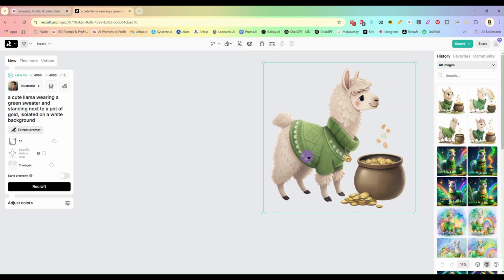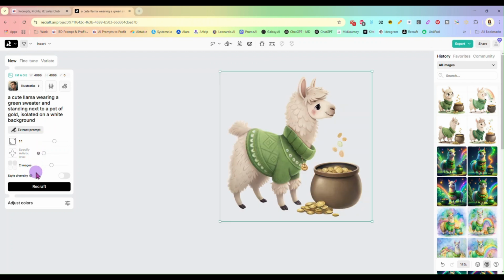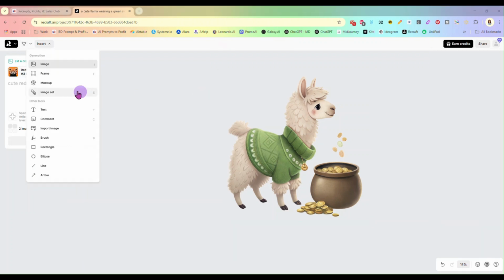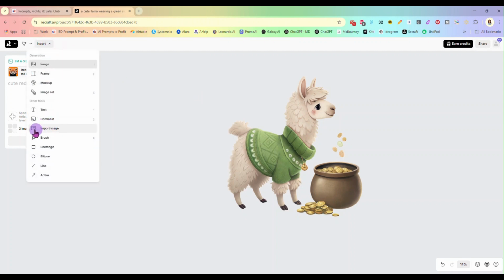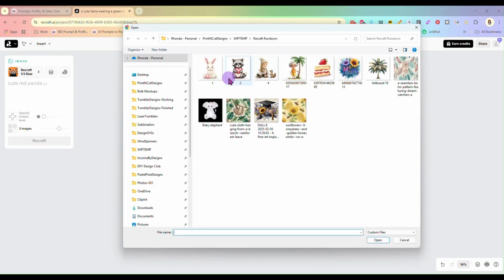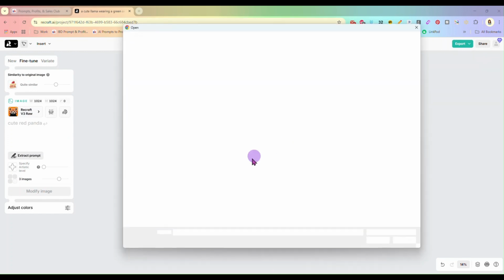Another thing we can do is upload images. Okay, guys, sorry for that. They changed things around a little bit. They must have had an update over the weekend, and you can import an image from, there we go. So we can take this image that we already made somewhere else,